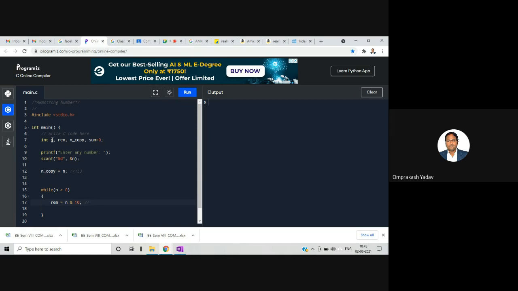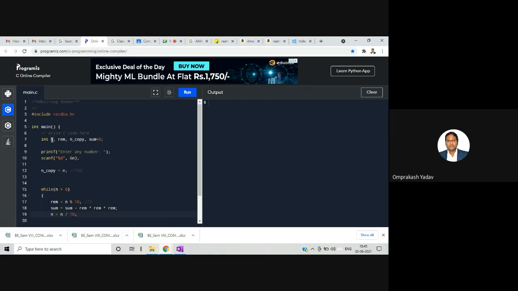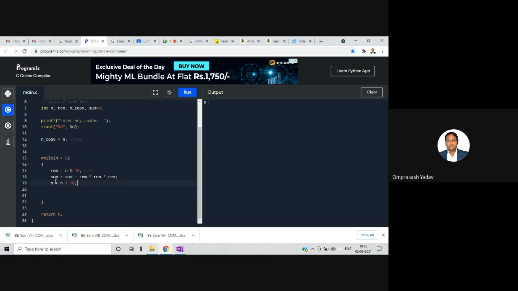So this is nothing but 3. The moment I got this, I have to do sum is equal to sum plus remainder into remainder into remainder, right? So I got the cube of that 3 and I've stored it inside the sum, and then I can do n is equal to n divided by 10, right? And after this, just 1 minute.